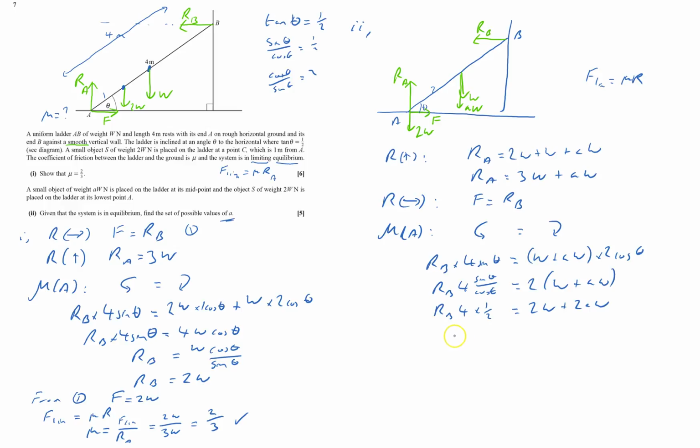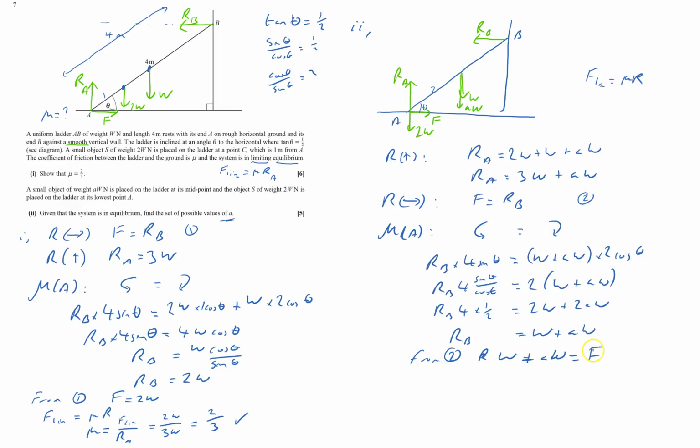And that will say that RB equals, divide both sides by 2, W plus AW. And if I call that equation 2, from 2, that means that W plus AW equals